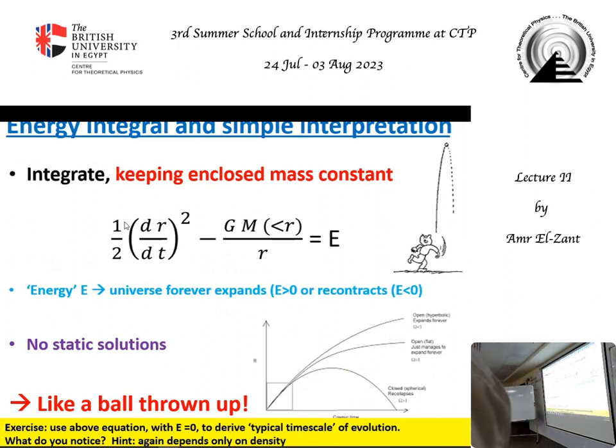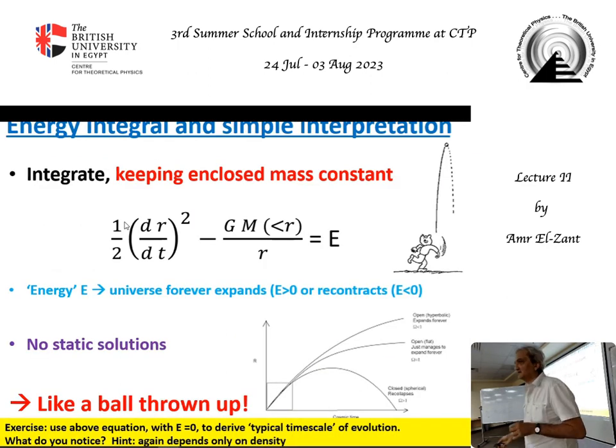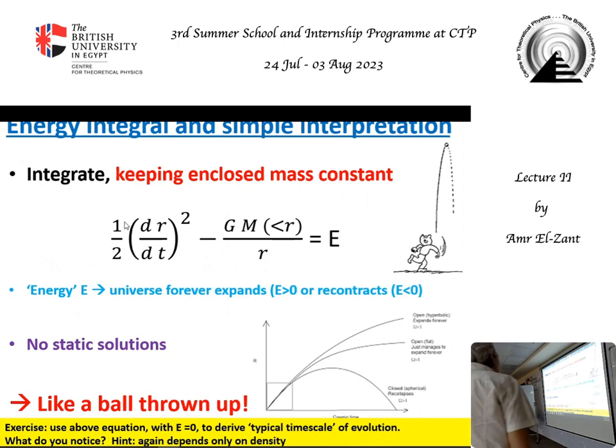A negative energy ball comes down; the total energy is the constant of motion. By integrating this equation, you should convince yourself that d by dr of (dr/dt) squared, half of it, is equal to this, so that you can integrate this equation. This is trivial, this goes to r, and this will be (dr/dt) squared. So this is your energy integral. In Hamiltonian mechanics, when you have one integral and one degree of freedom, you can solve the equations, and this has an explicit solution.